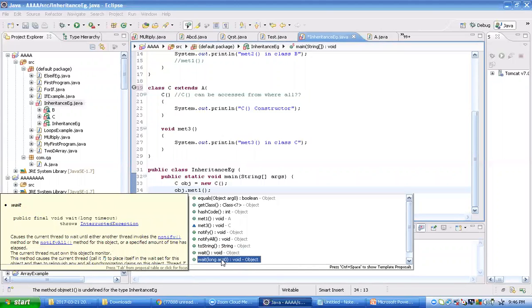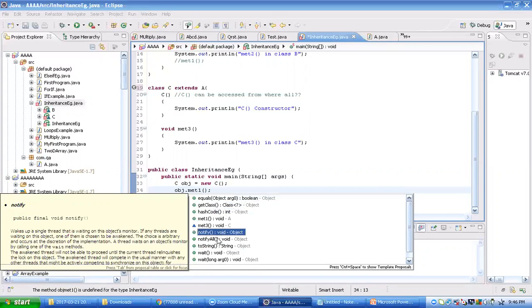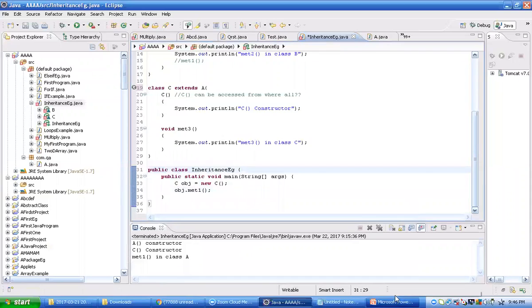Okay, all these are actually part of the Object class. Clear? What they do, we'll understand. It's not only the C object, let it be any object. Even if you say